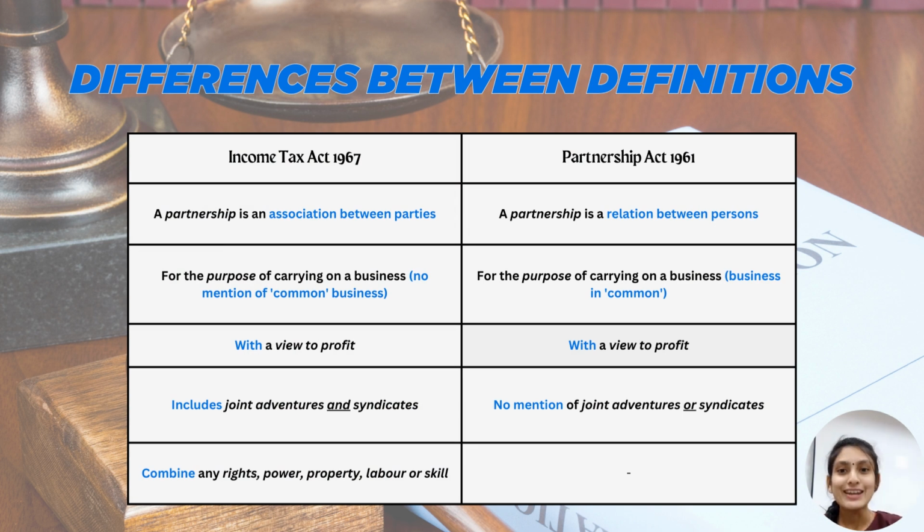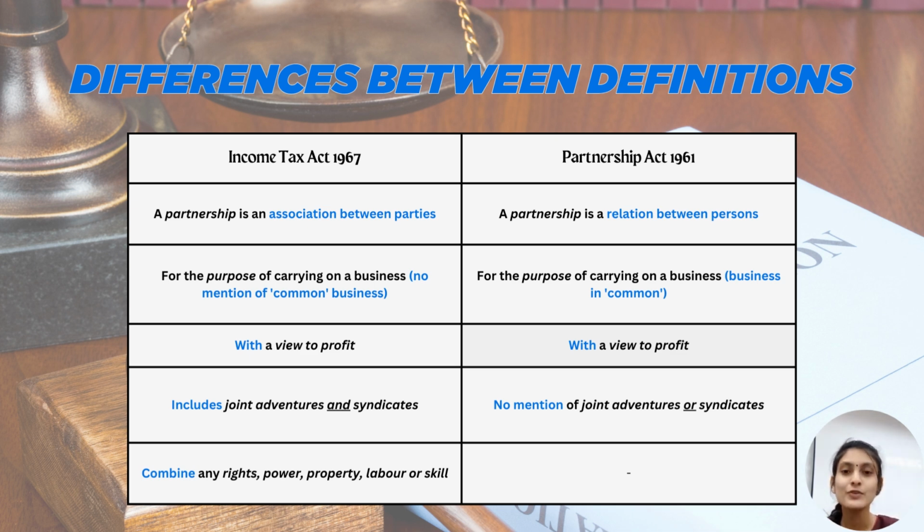Okay. I know that it will be quite confusing to understand what section 2 says about partnership and what section 3 subsection 1 says about partnership, right? So why don't we look at the differences between the partnership definitions, so that maybe it will be easier for you to understand what each section exactly says about partnership.